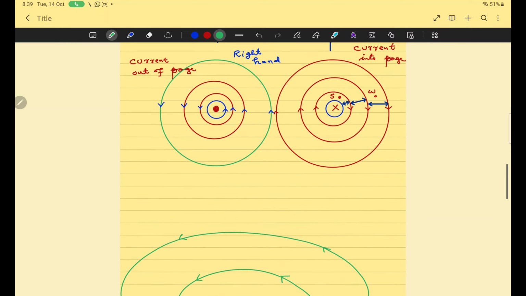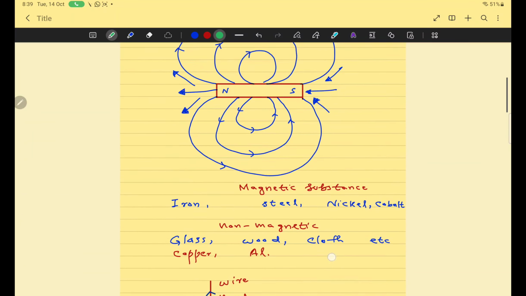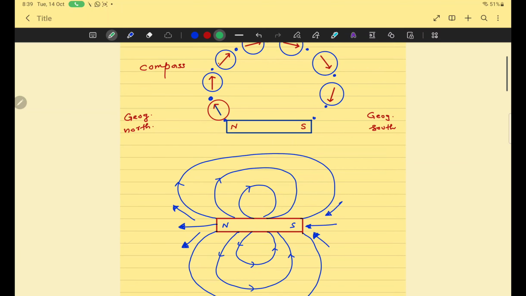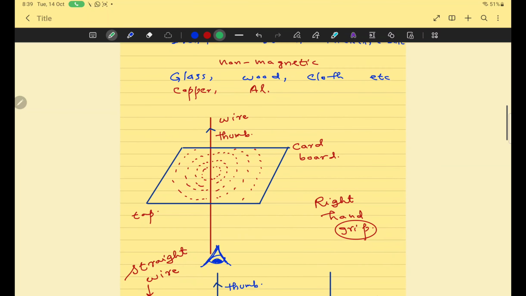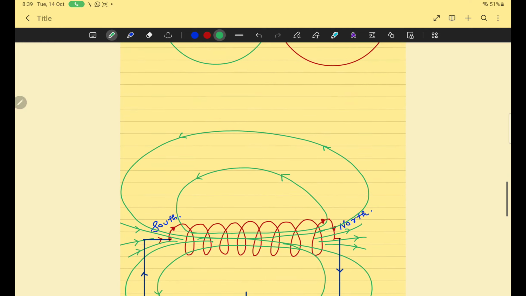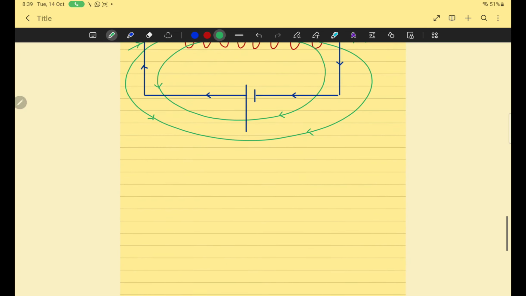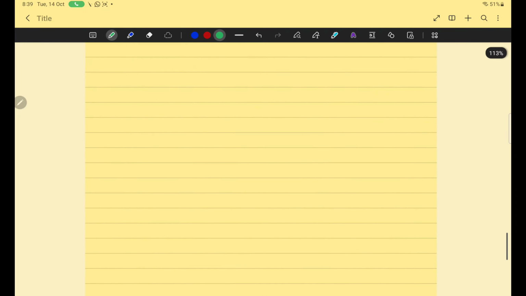Okay, so what have we discussed? We have discussed the magnetic field around a bar magnet, the magnetic field around a straight wire, and the magnetic field around a solenoid. And now I am starting our next topic. So what is the next topic? The next topic is how can you